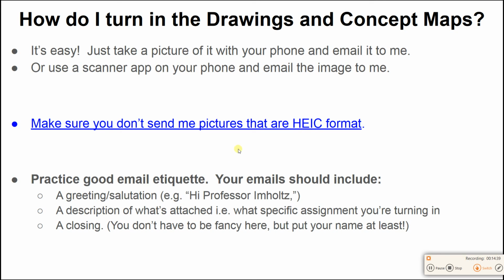And also, when you send me an assignment, say something like, hey, Professor Imholtz, here's my assignment on such and such, and then put your name there. Don't just send me a picture with nothing else to let me know who sent it and what it is. All right,